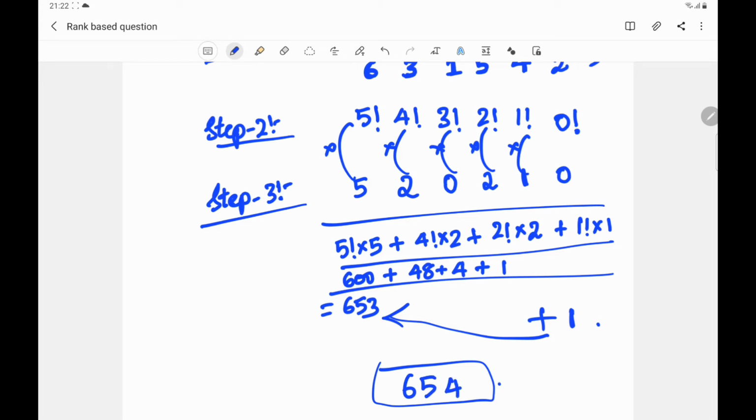Just you have to be careful because in the last step you are required to add 1 to whatever number we are obtaining after step 3. So in the last step you should add 1. So please don't forget to add this one, otherwise the answer choices in the question would be 653, 654 in this way. So if you tick 653, you are going to get the wrong answer. So that's why please be careful when you are using this method. You need to add 1 in the end.